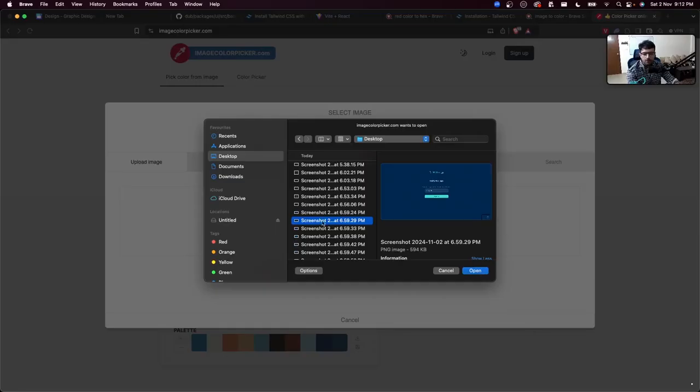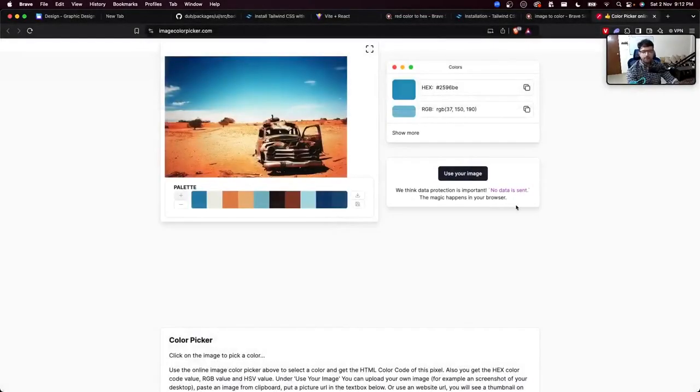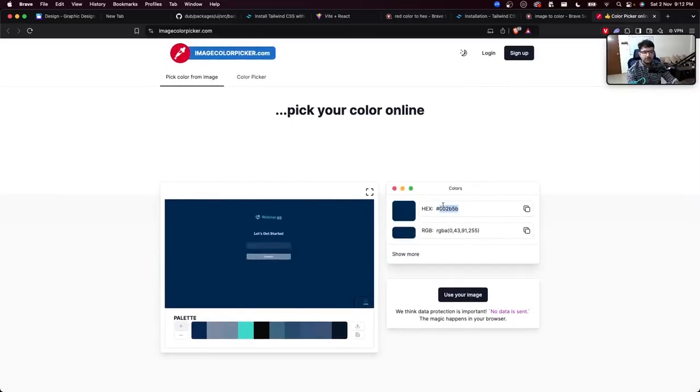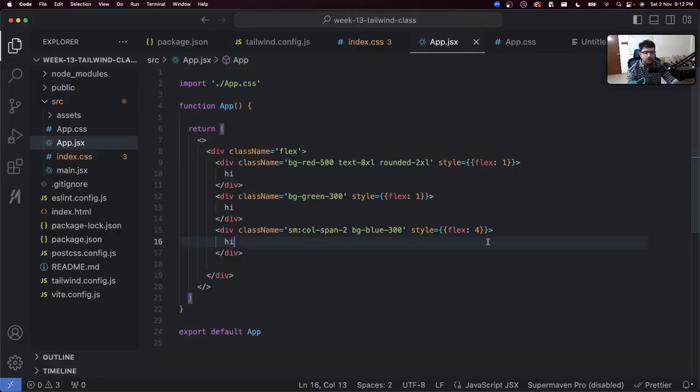Oh, there we go. So these are the colors. Let me quickly get the first one. This is some variant of blue. So let me replace